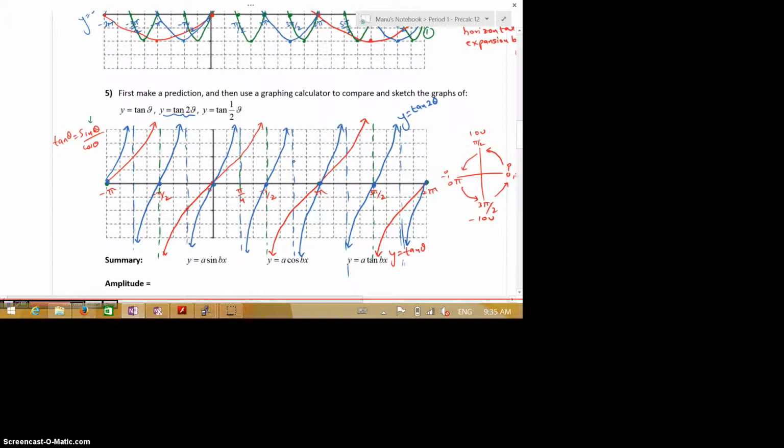Are we okay with the general properties so far of these graphs? Sine and cosine are really similar. Tangent is a bit weird. It's kind of behaving in its own way. It's got its own properties. In summary,